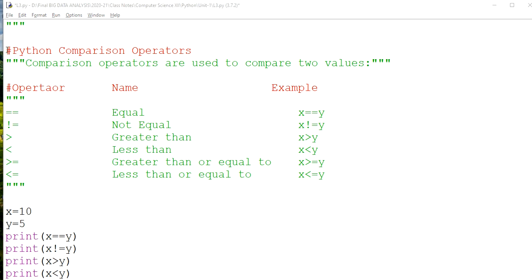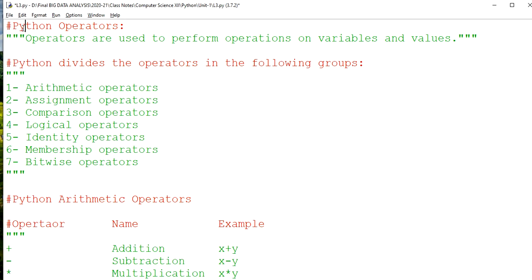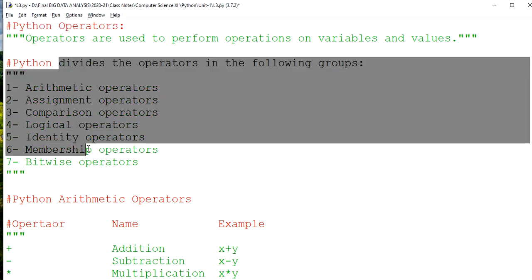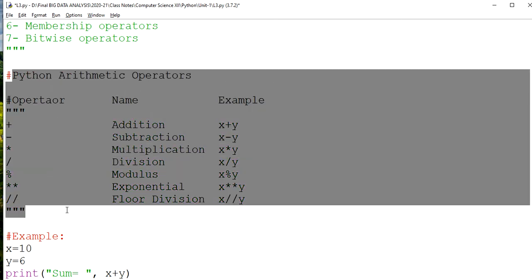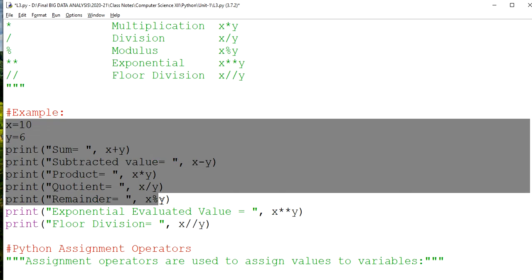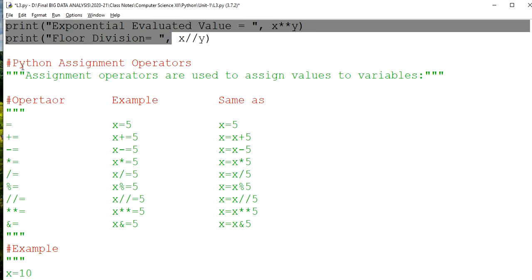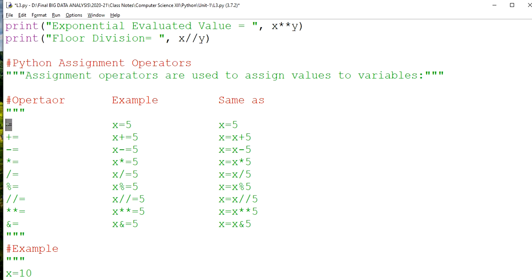So, dear students, in the previous operator lecture, we studied these things. Let me show you first. What is an operator, and then we learned the types of operators in Python. We learned the first, arithmetic operators, and saw these examples, and after that we learned the Python assignment operator. This is your assignment operator, used with the other operators to update the value of a variable, and these are the methods of writing assignment operators in a shorthand form, and